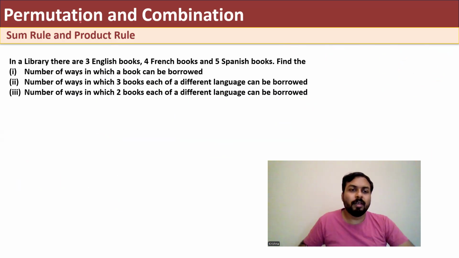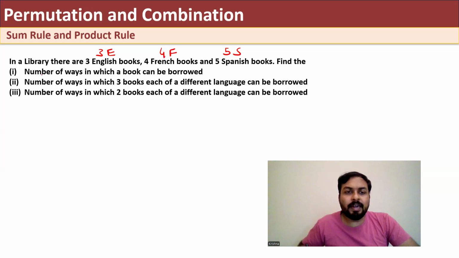Let's see one more question. In a library, there are 3 English books, 4 French books, and 5 Spanish books. Find the number of ways in which a book can be borrowed. And so we need to borrow one book, right? So the number of ways in which a book can be borrowed is number of ways in which I can either borrow an English book or French book or Spanish book,